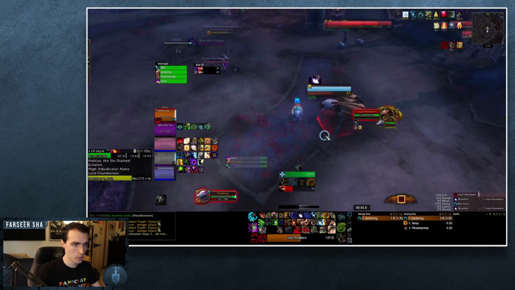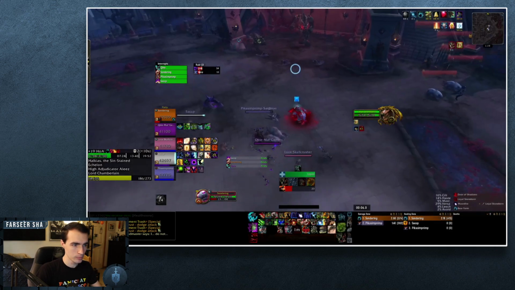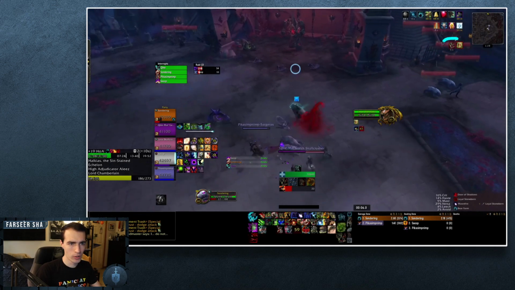So I'm going to grab the Stoneborn here. I'm going to Door of Shadows closer to the boss and we're going to go right into it. This is a boss you'll typically hero. From my understanding, not a lot of